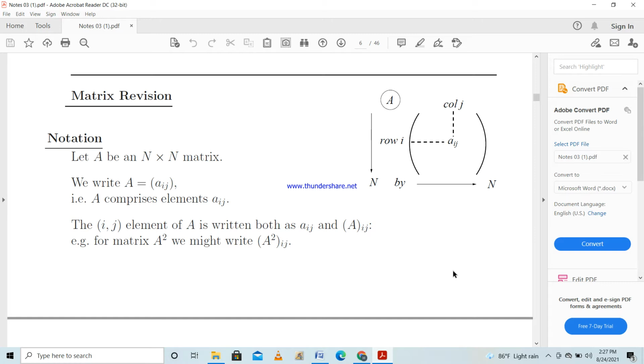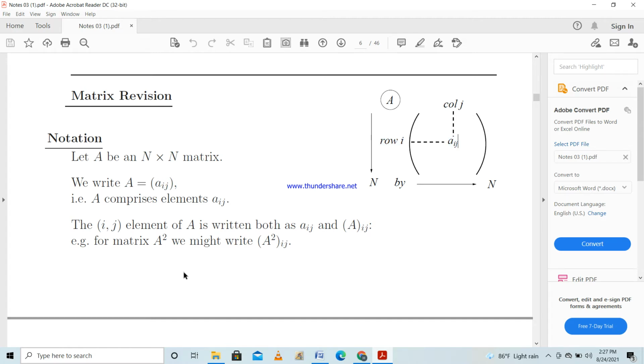So in this case, let's say you have a matrix A, and that is a square matrix. If it is an n into n square matrix, that is you have n number of rows and n number of columns. In that case, if you take a particular element in a matrix, let's say Aij, it's coming from the ith row and the jth column. So we denote it as Aij, right?